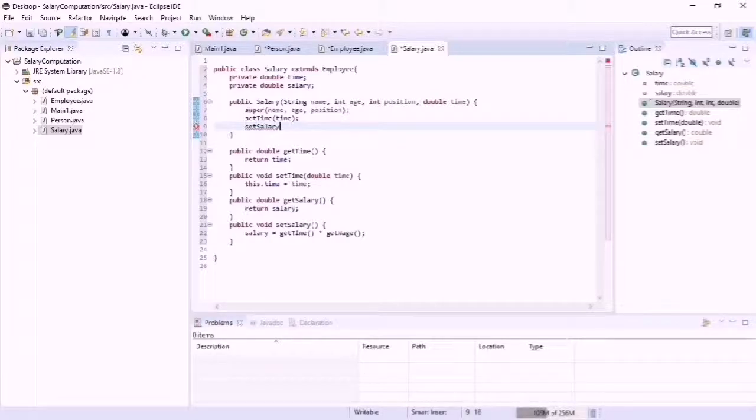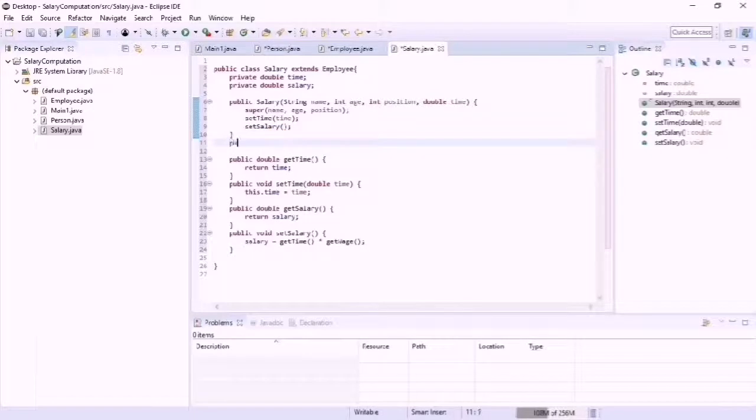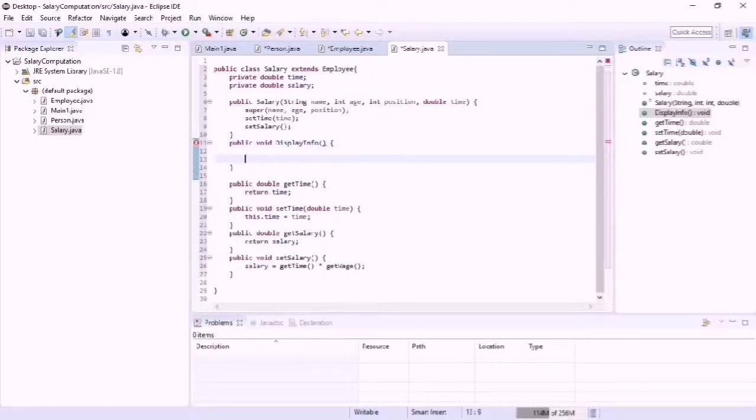Now our program is almost done. We're gonna create the display method here. Public void, it's gonna be void since it's only gonna display the values of each variable. So public void displayInfo, holds no parameters,